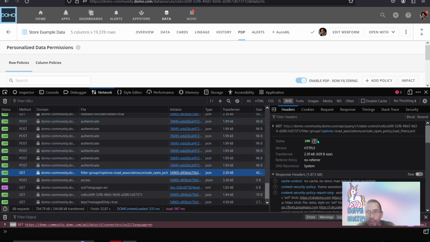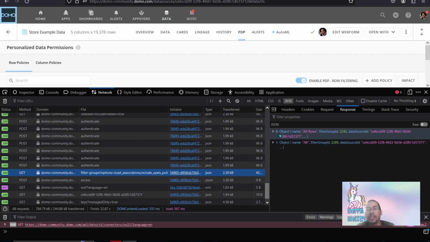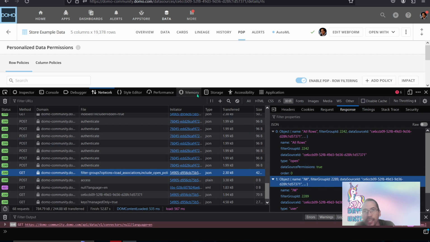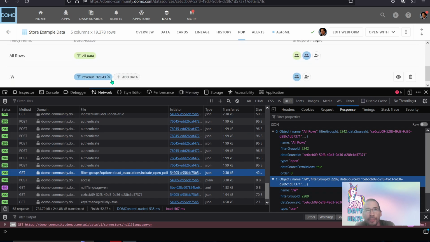If I look at filter groups under data control, so data control, dataset API, endpoint filter groups, this response will tell me there are two objects that are part of this response, of which object 0 is the all rows policy, group ID 2242, and the second one is a policy called JW, filter group 2289. Okay, again, not terribly exciting, but just to give you an idea of how these policies work, I can explicitly